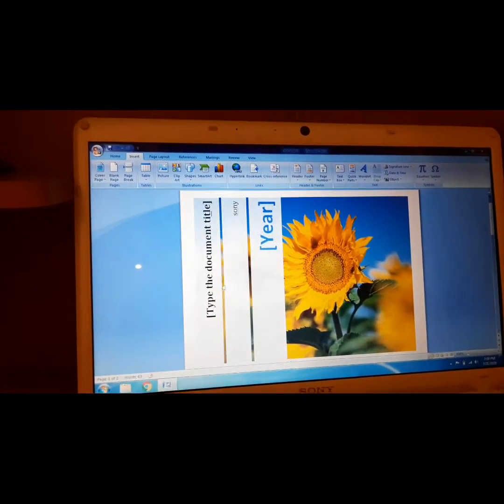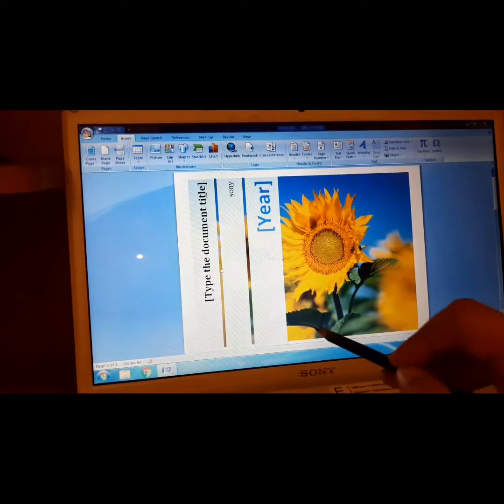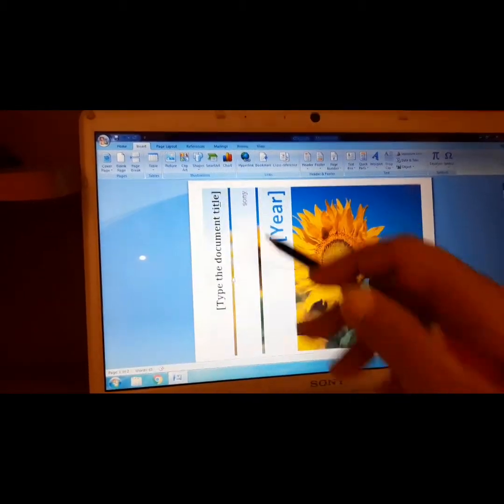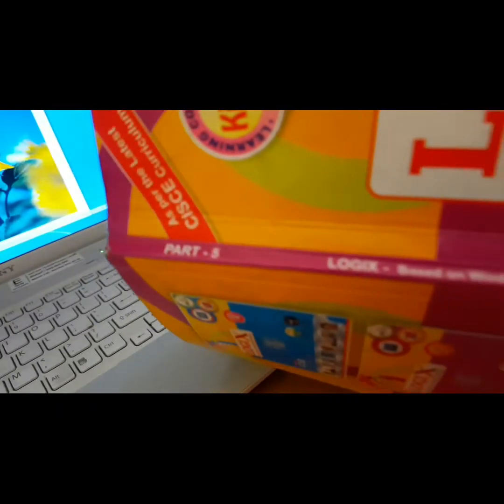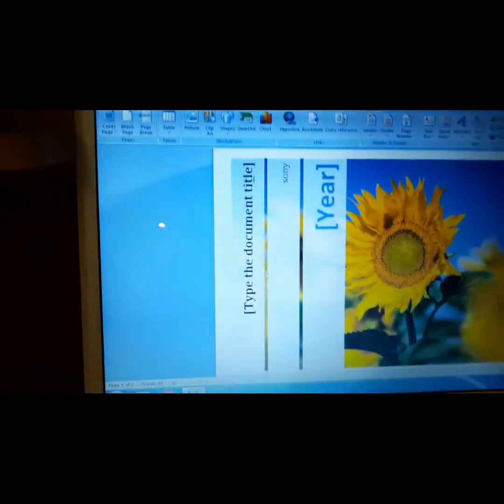Now here you can find this is the cover page, this is going to be the front page, and this is going to be the side. As you see on the side of the book, you have the name, so here you can write the name.